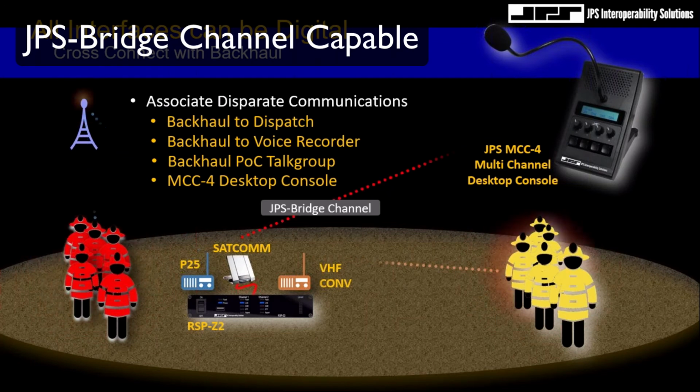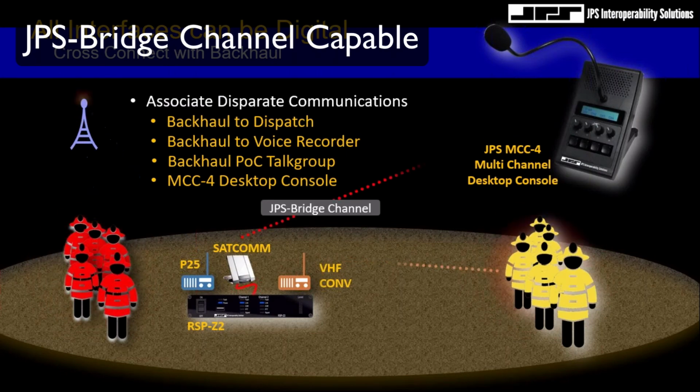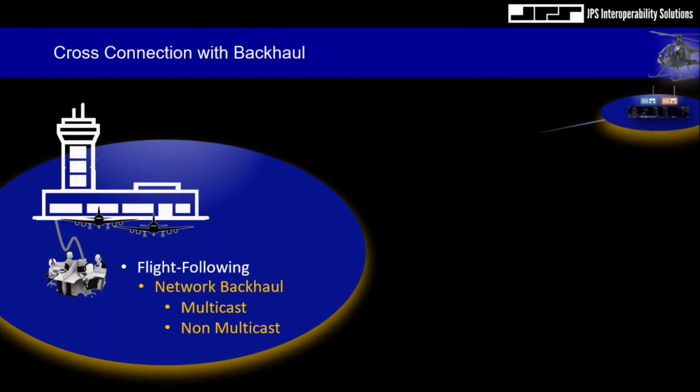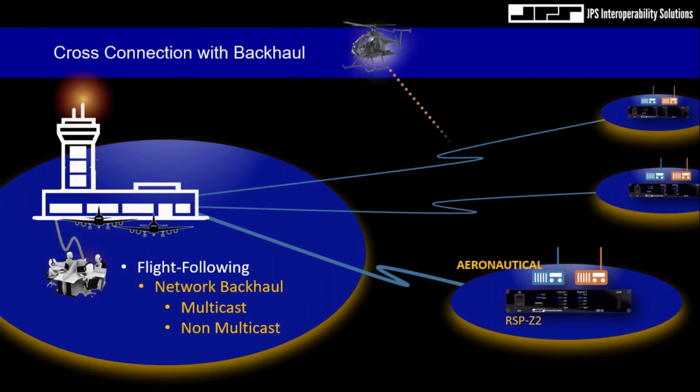And the key to preserving the first syllables or first words of the transmission audio is by using transmit audio buffering within the digital signal processor. So sometimes it appears counterintuitive to use delay to mitigate delay, but that's a key to the preservation of the transmitted audio stream. Returning to our aeronautical application, the RSP-Z2 can support localized interoperability between air and ground communications, but